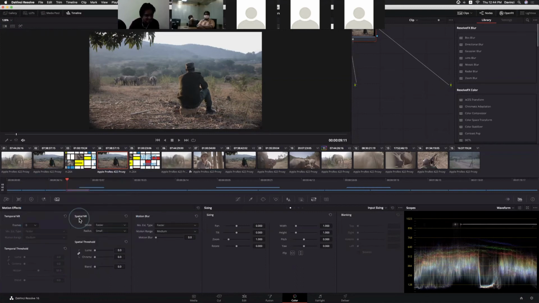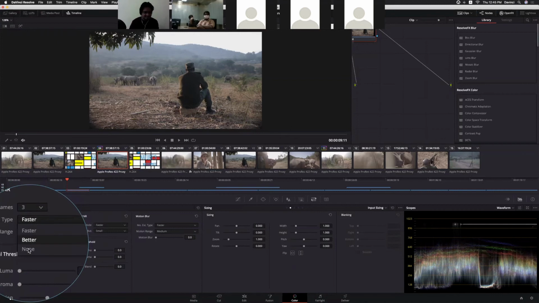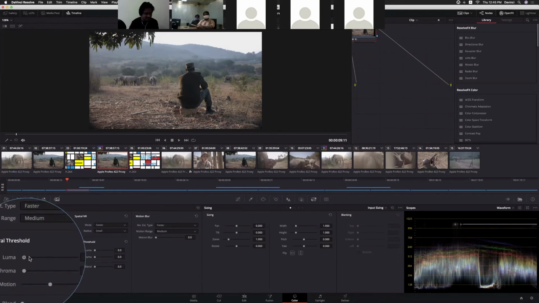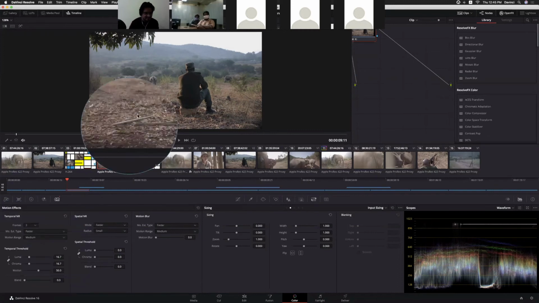So let's say here I'm selecting temporal noise. Based on the frame rate analysis, you can do it for each frame, or maybe a maximum of 5 frames. Here I'm selecting just the average, number 3. The faster, the better, but it will utilize all of your system resources. Now, when I try to reduce this, I'm not sure you can see the difference, but I'm seeing it particularly at this region.